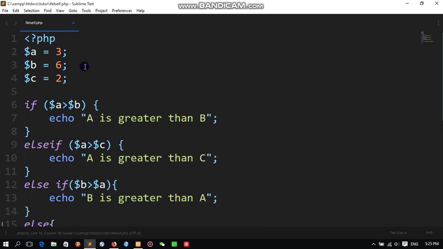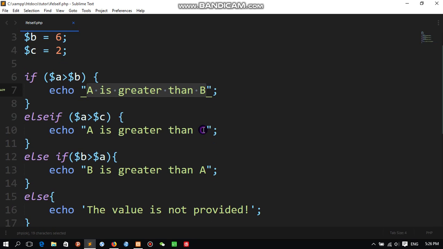So we have given here the 3 values A, B, C. If A is greater than B, the first value will be displayed. If A is greater than C, this one will be displayed. As well, if B is greater than A, this one will be displayed.